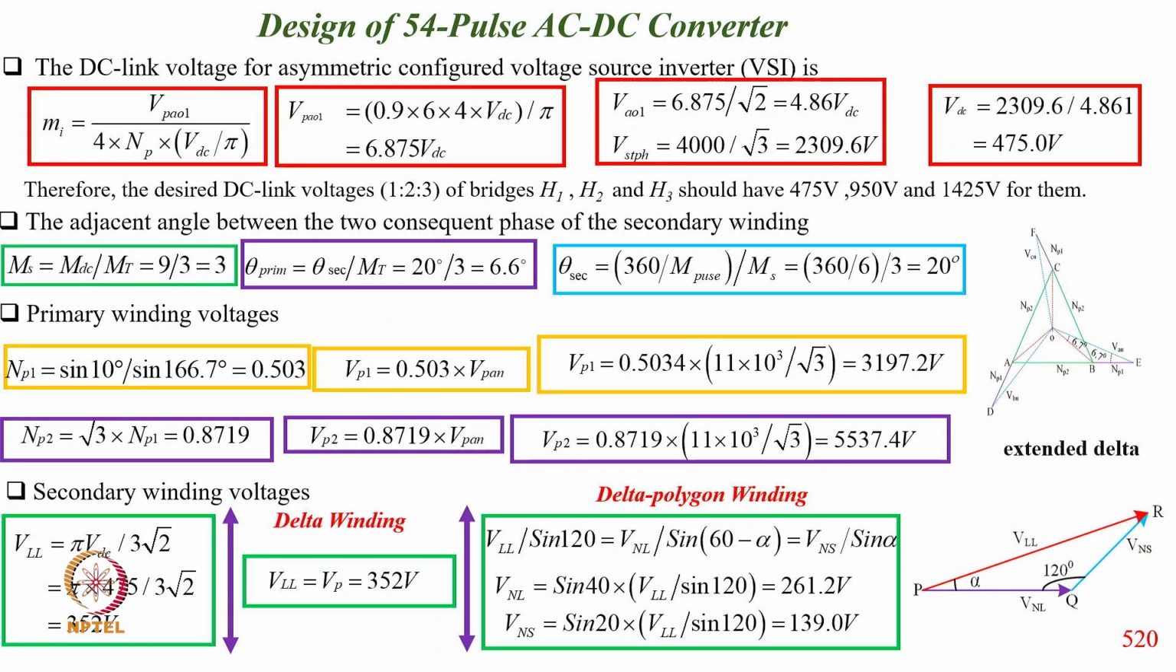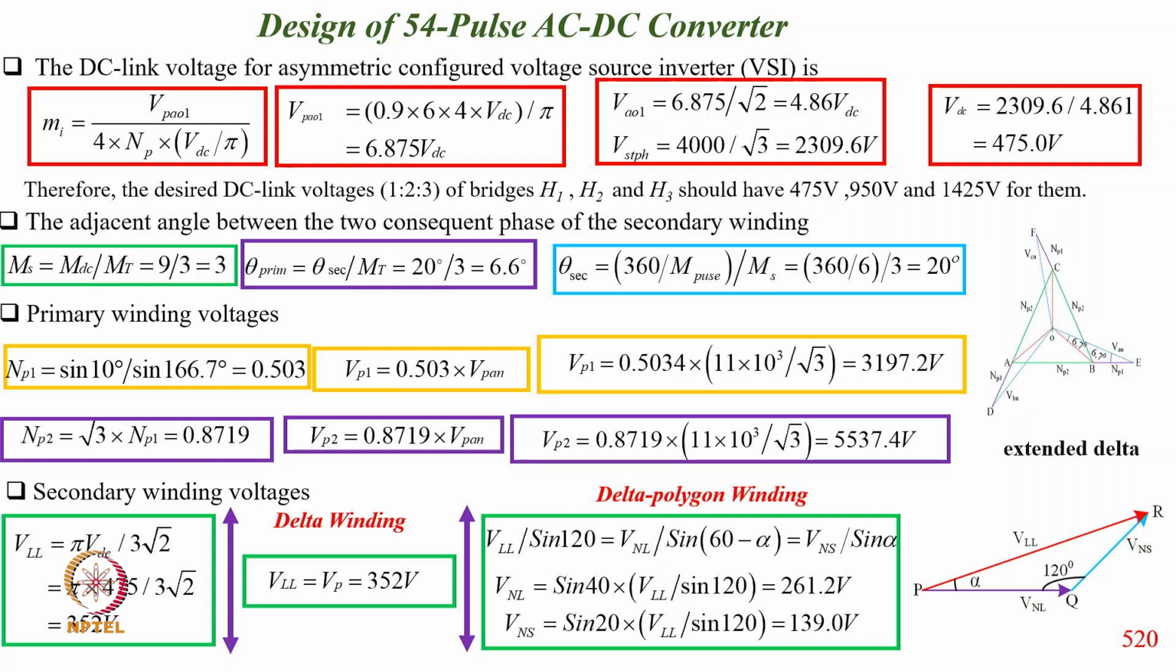So now coming to the DC link voltage for the asymmetrical case, from MI equal to PL, VDC equal to the motor voltage, so it comes to 475 volt. Similarly, you calculate the adjustment angle between the two, so theta prime equals 20 by 3, 6.6, and then 20 degree of the second is 360 by 6 by 3, and then you have the primary winding voltage calculation, NP1, PP1,